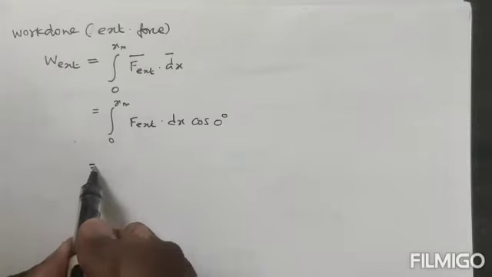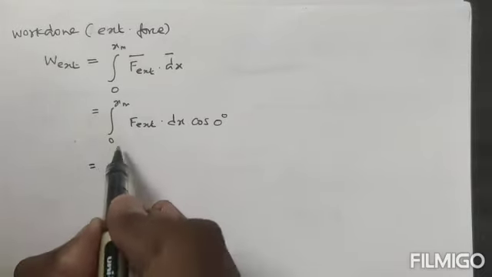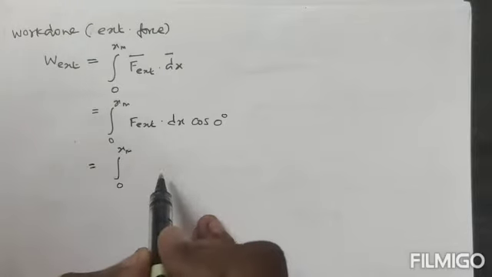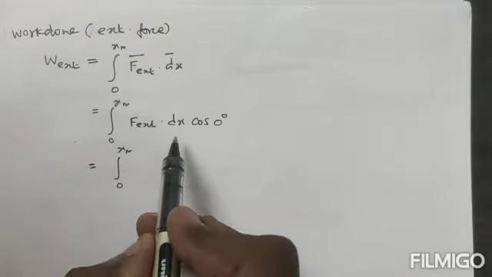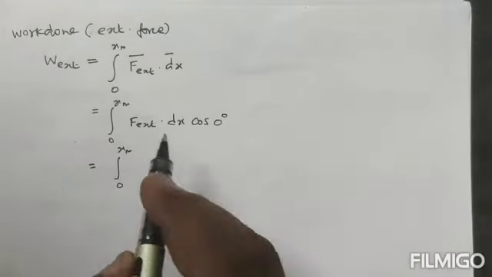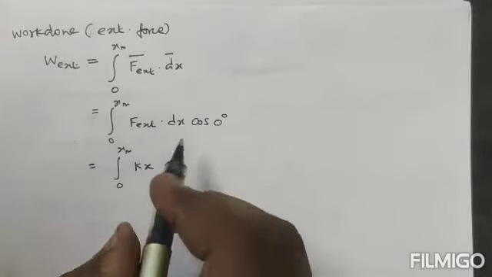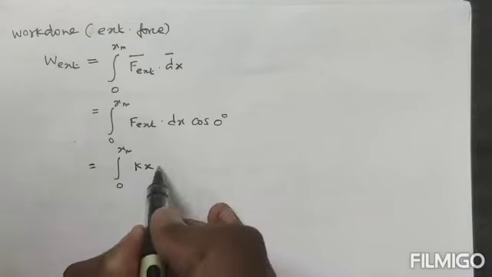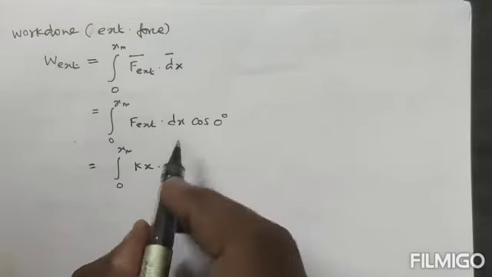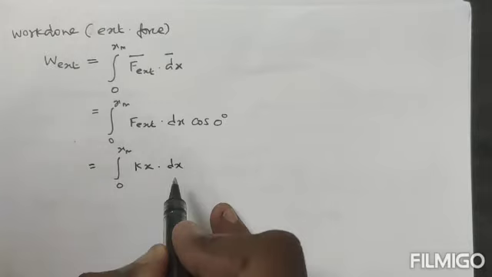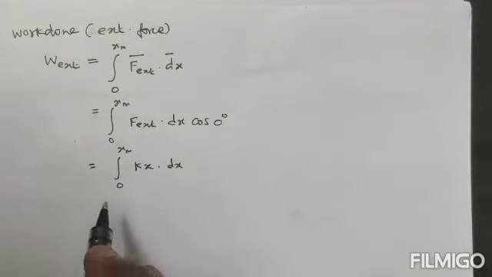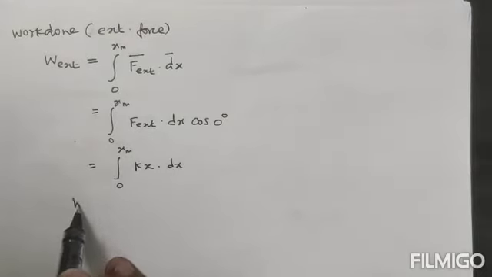So we write 0 to xm, f external, which is k into x, into dx. Therefore work external is equal to